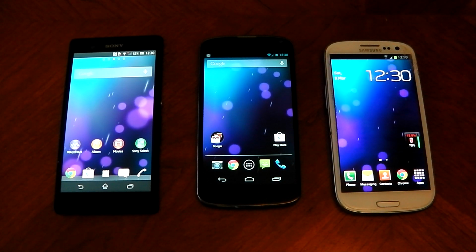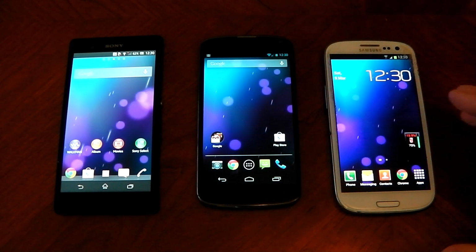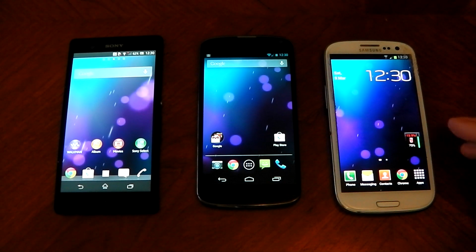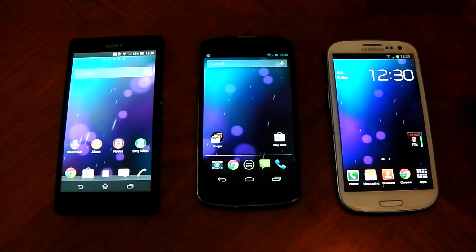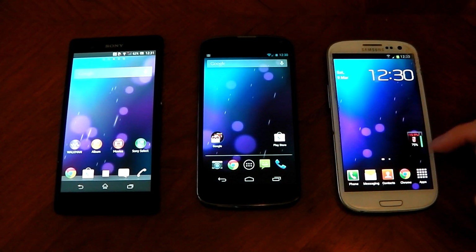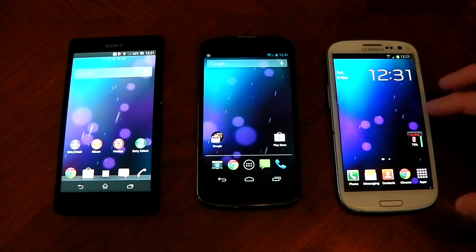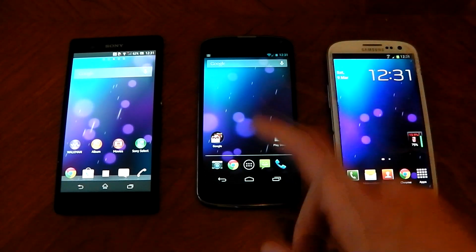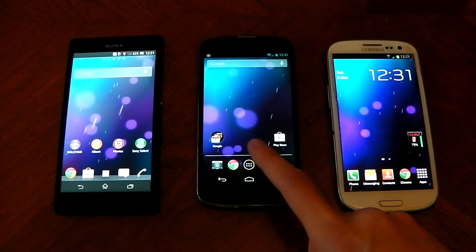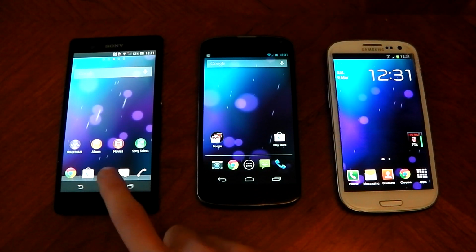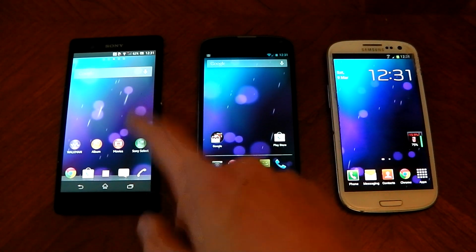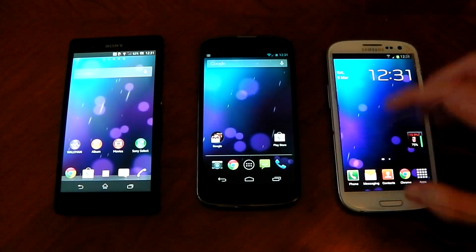And you can see that the Galaxy S3 is definitely more vivid with its Super AMOLED HD panel. Some might say it's a little bit too vivid, but I think it's kind of nice. The colors are really saturated. You know, everything pops. It looks really nice. The Nexus 4 doesn't pop quite as much, but it still looks very nice. Everything looks really sharp. Over here on the Sony Xperia Z, I've got to say it looks a bit washed